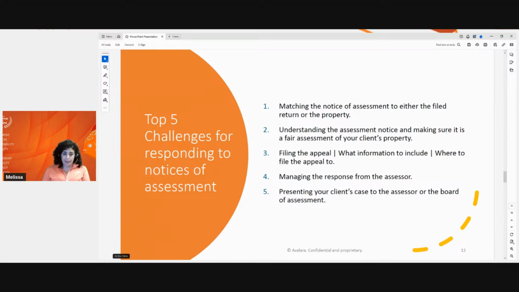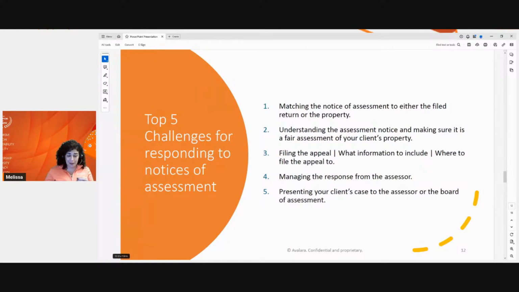Notices of assessment. Matching the notice of assessment to the filed return of the property. Again, sometimes you get more notices of assessment than you filed returns because they may be breaking down the accounts a little bit differently. So, for example, leasing companies often will file one return to a county or a city for all of the leased equipment in that jurisdiction. But each physical location of that property may get a different notice, or it may be based on city within a county, or